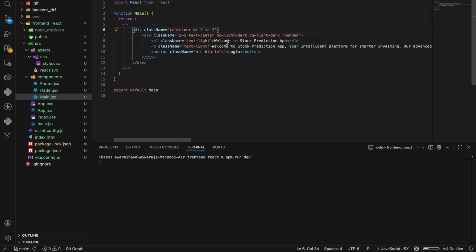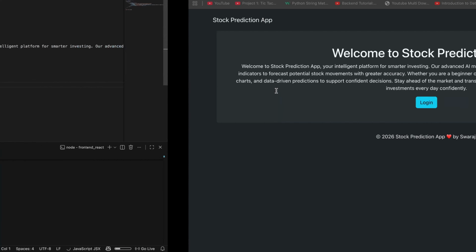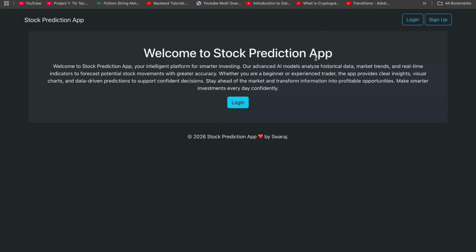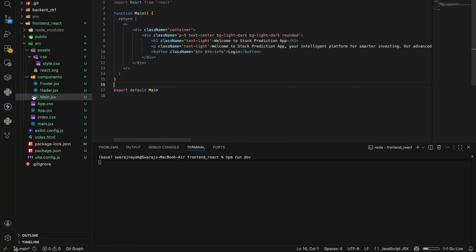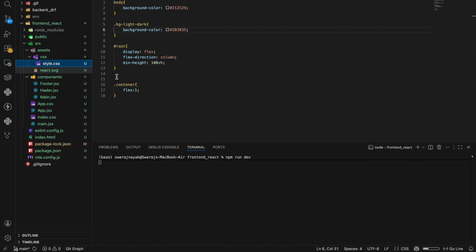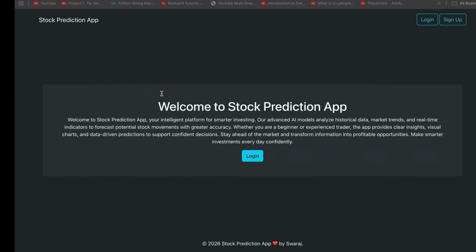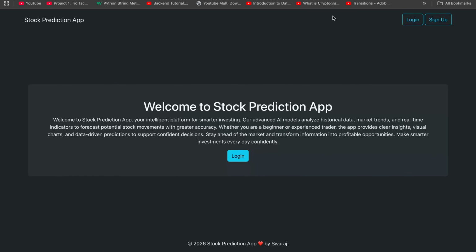Okay, the container, now you see that it is properly working. And here also inside the app.css, where is the app.css? Inside the asset style.css, here the container, I say the container. Okay, so now you see that everything is okay,